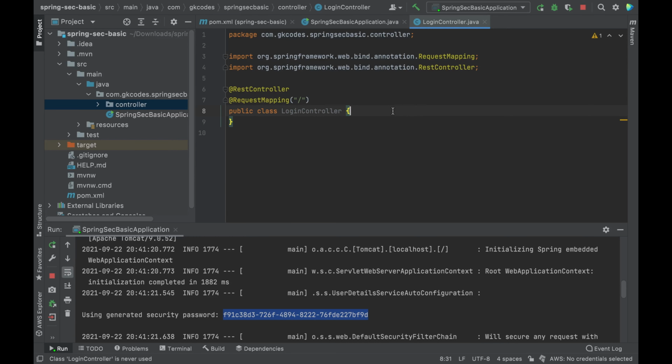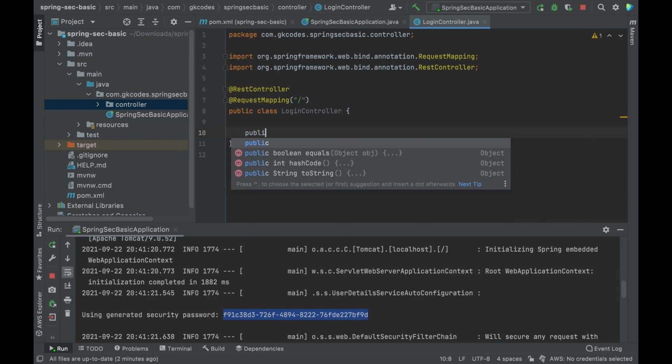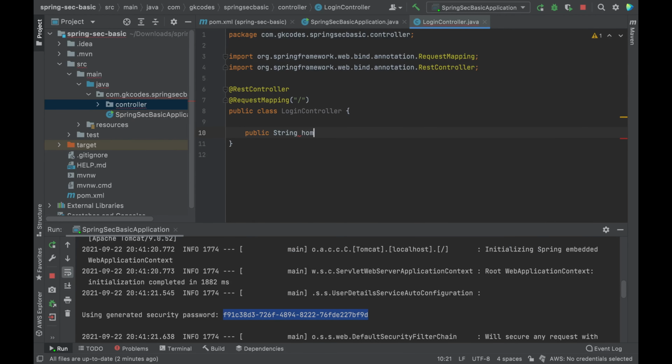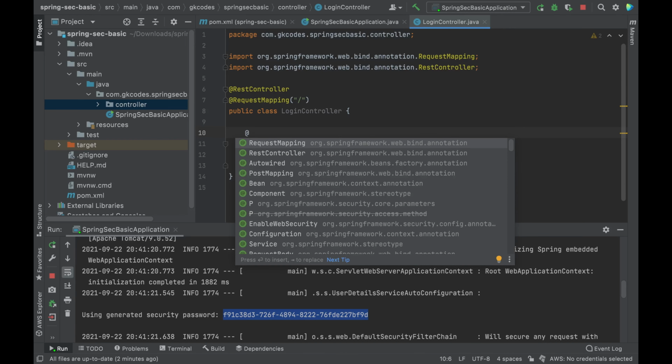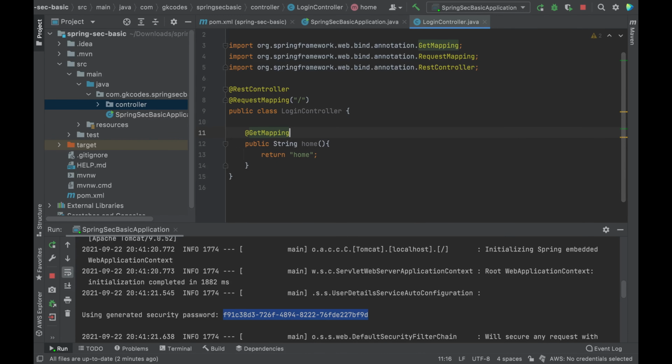Okay, create an endpoint, public String home, return home. Annotate this method with the GetMapping of /home.